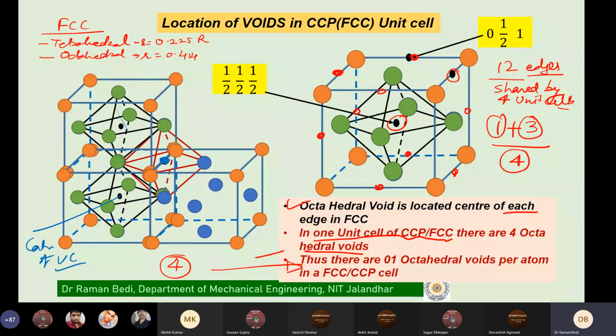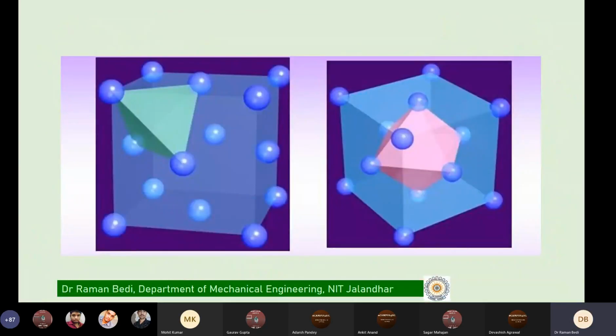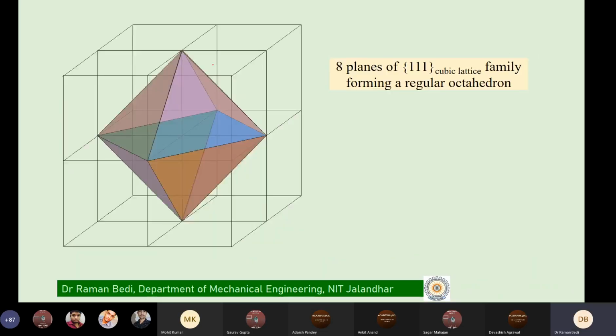Okay. So let's move forward. And this is how they look like. So you can get this, not animations exactly, just pictures there. So you can see here exactly what they look like. We are just showing one of the octahedral voids and one of the tetrahedral voids. 3D gives you a better imagination of why it is an octahedron and why it is a tetrahedron. So that is done. Let's move forward.